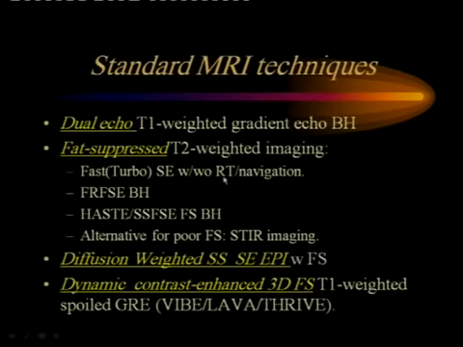Some people with older systems, particularly lower field systems, might use STIR imaging where fat suppression is not effective. Diffusion-weighted imaging, I'll talk about this more later on, is also becoming more and more important in the evaluation of focal hepatic lesions. And then the dynamic contrast enhanced sequences as well,